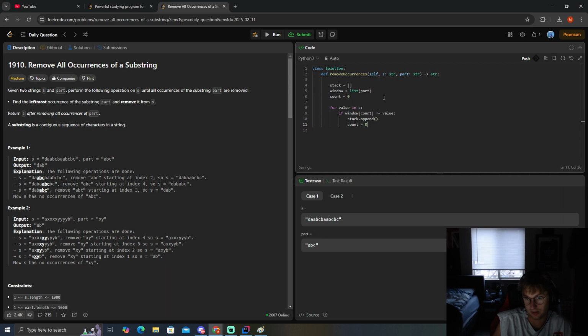Technically else if window count is equal to value, then we can append to our stack and increase our count, plus equal 1. Else if window count is equal to